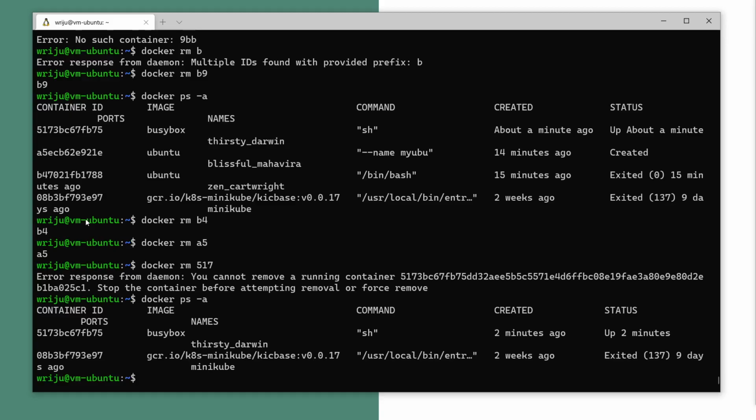Now, you don't want to do this all the time. If you want to, let's say, have a container run and then remove it automatically once that is done, you can use the dash dash rm option to do that. So let's see how that looks. So if I say docker run dash dash rm